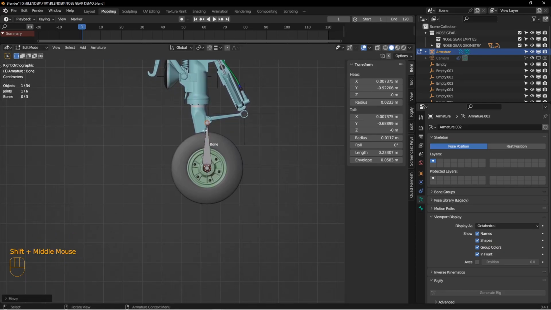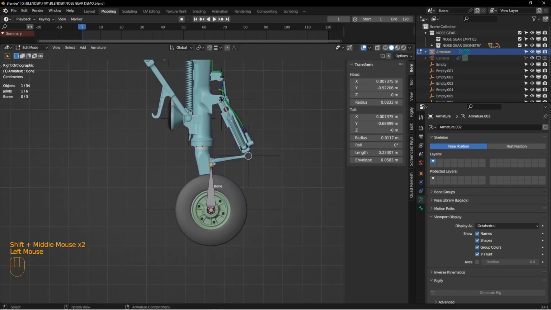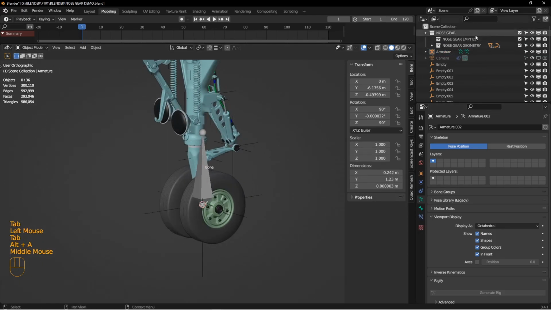All right, and this bone down here is going to serve two purposes. It's going to control the piston motion of this lower strut, and it's also going to act as a sensor to tell where the wheel is interacting with the floor. So I have already in my scene,